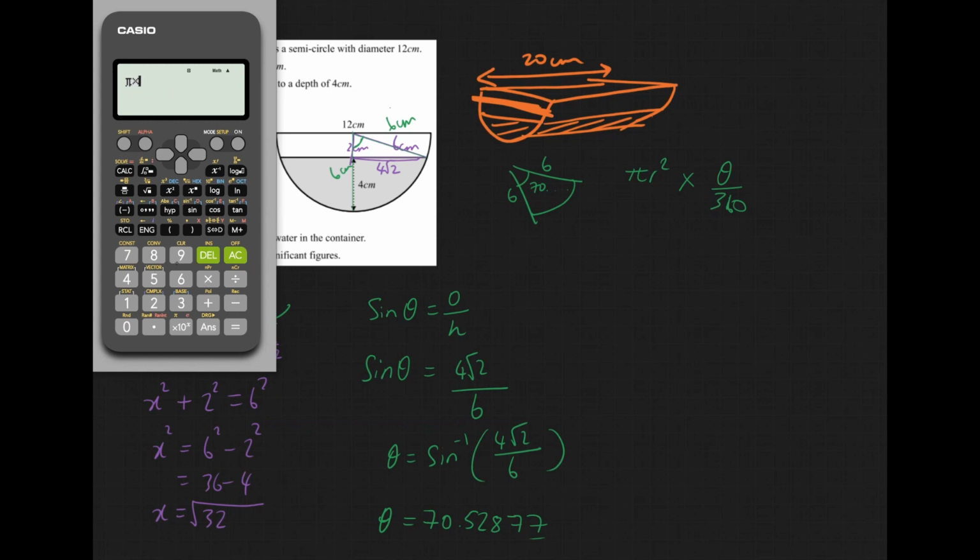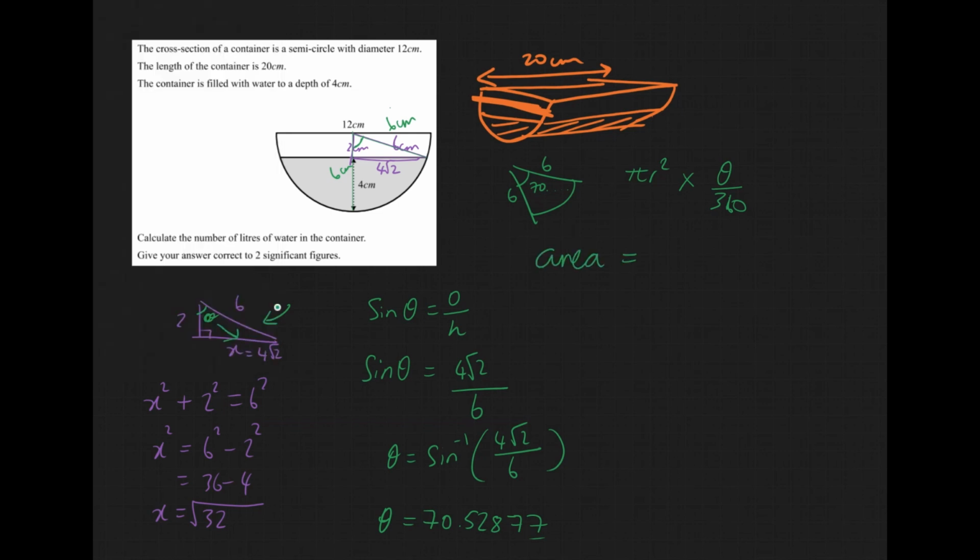Shift pi times radius, which is 6 squared. So you can just put 36 in straight away, times pi r squared times fraction. And then I've actually got the answer from before, so I'm going to press answer over 360. So pi times 36 times answer over 360. Otherwise, I would have put 70.52877 over 360, and I get 22.1572. So the area of the sector, this whole sector here,